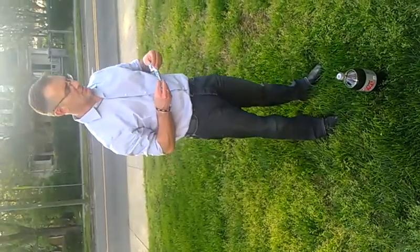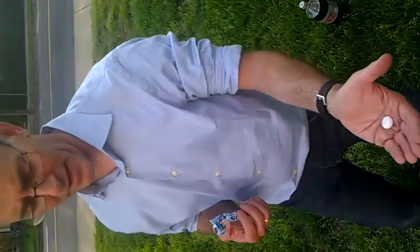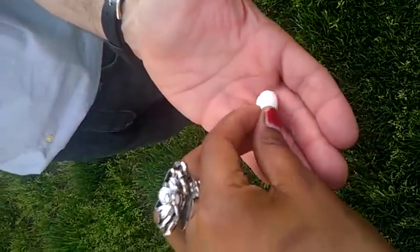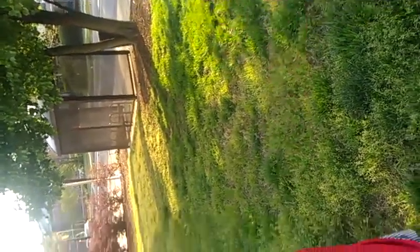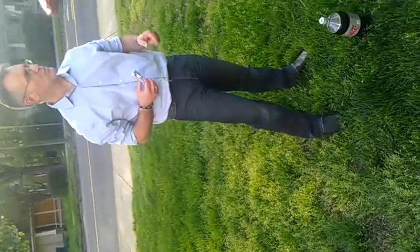So I'm going to take this Mentos, which is candy. You can get it in Target. The Diet Coke today comes from Food Lion. See, it's smooth size. Feel it. Touch it. Okay. Feel it. So smooth, right? So smooth Mentos, in which there's going to be a reaction when I put it into the